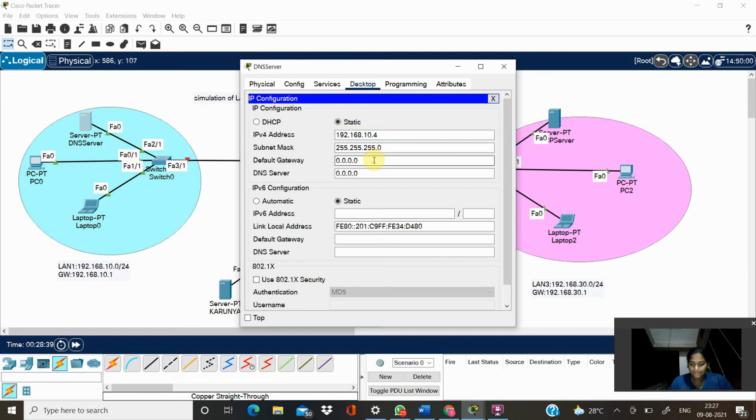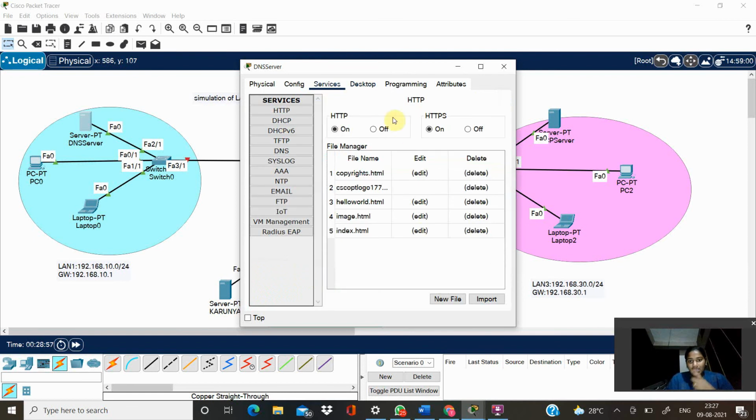Next my default gateway as 192.168.10.1. Now we have to go to our services and we have to